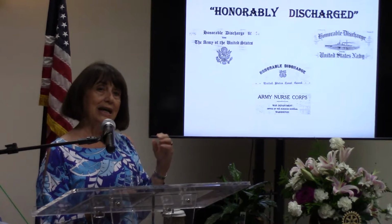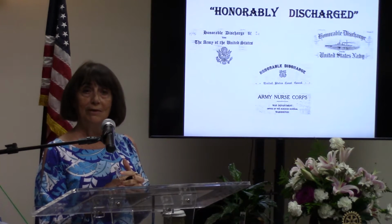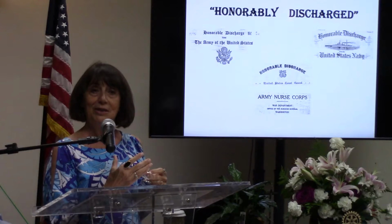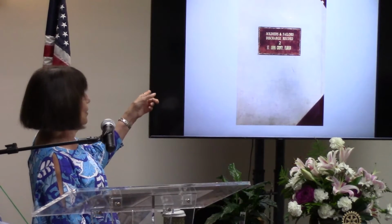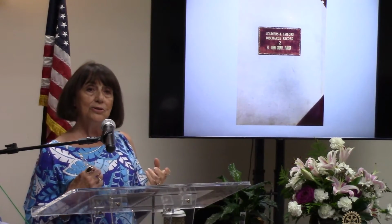So what I did was I took a few of these documents, more than I'm showing you here, and used some other local information, city directories and a few other things, to try to build a little bit of the story of the person who was discharged and what we know about them. This is one of the early books. You can see it says Soldiers and Sailors Discharge Records. They continue to